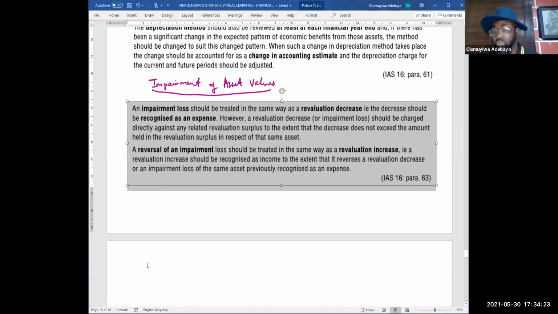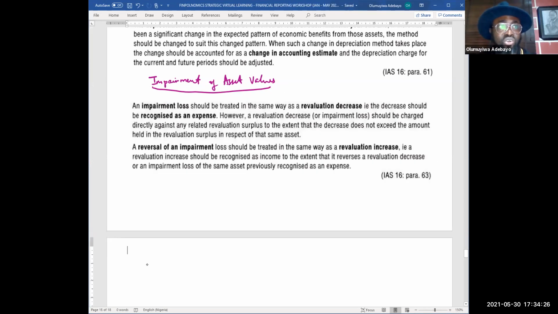Okay, now, I made mention of major overhaul, which is different from repairs, yesterday or in our part one. Now, how do you treat overhaul? Overhaul is treated as subsequent expenditure to the initial cost of an asset, and it has to be taken as a component of its own, which means when you have a major overhaul, it's going to be treated as a